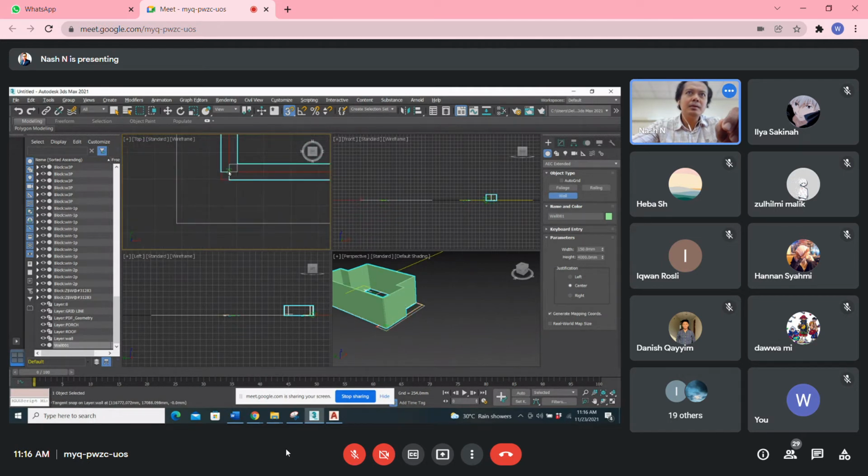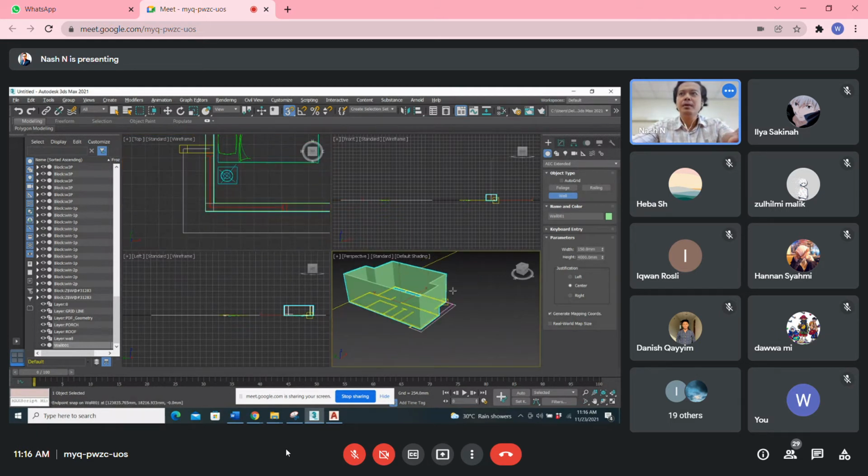Until the end here, and then you have to escape. So that is the wall. Maybe 4000 is too high. Maybe I just put it 3500.